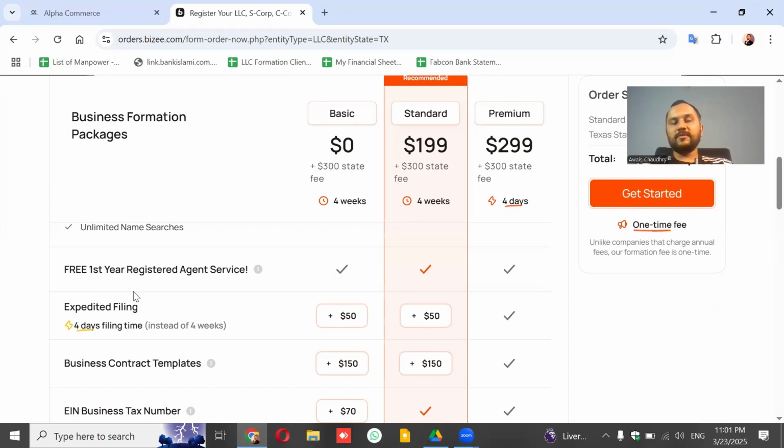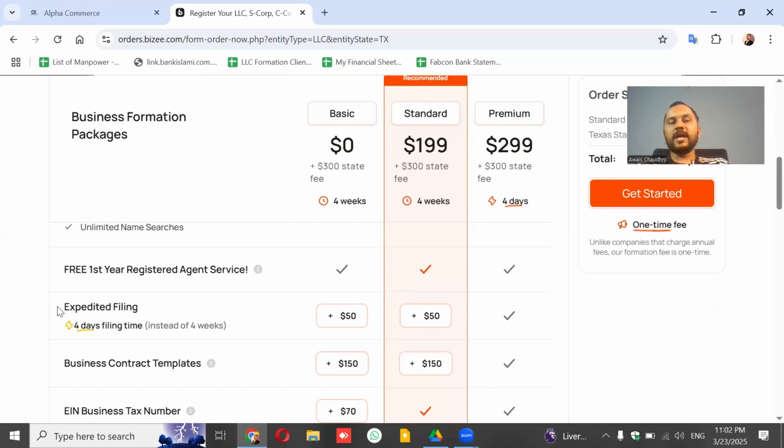So they are giving first year registered agent service for free, and for expedited filing they are charging plus $50. If you go directly with the state, you will automatically be in the expedited queue, because they are giving expedited filing only from their side. They will be submitting your documents earlier if you choose this option. Otherwise, maybe your documents are in queue.